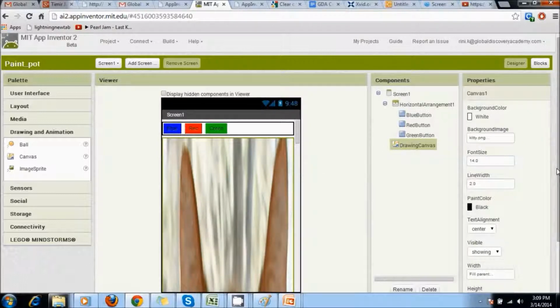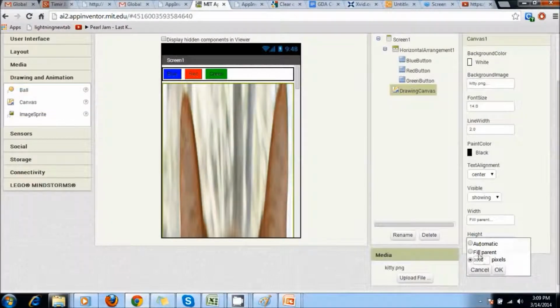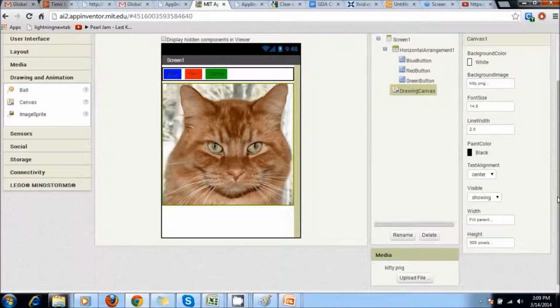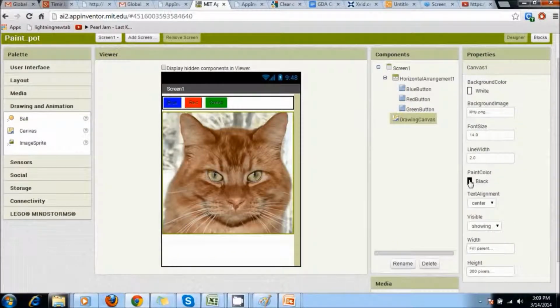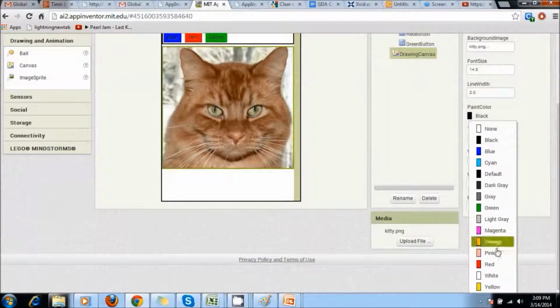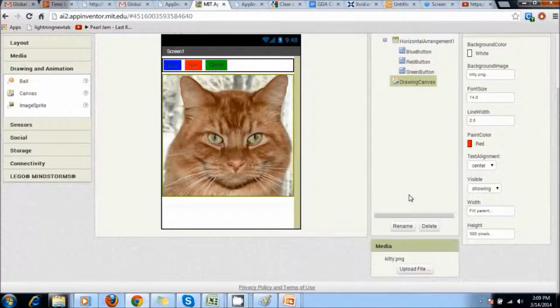I'm sorry, I'm going to change the size to 300, not 3000. There you go. And I'm going to change the paint color. By default it's black. I'm going to make it red so that we'll see the difference of using this option later on. And there you go. So what this means is anytime I'm going to click on this or do anything, by default it's going to do it in red color.